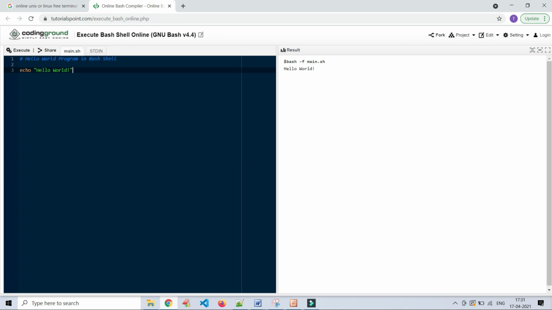In Java we use System.out.println to display content on the screen, and in languages like C we use printf. In the same way, in Unix or Linux we use the echo command. We can change anything here, for example, Hello, Tiki Vedas.